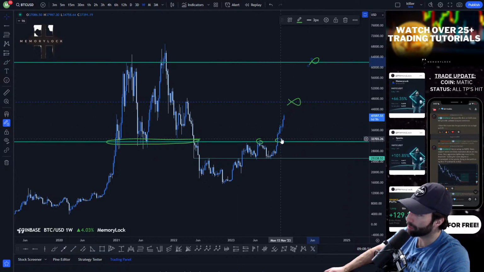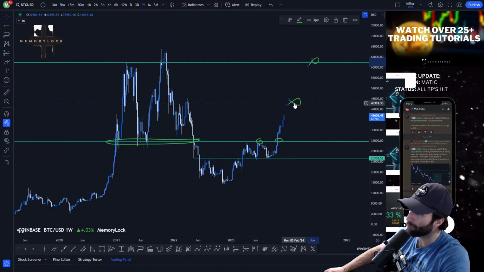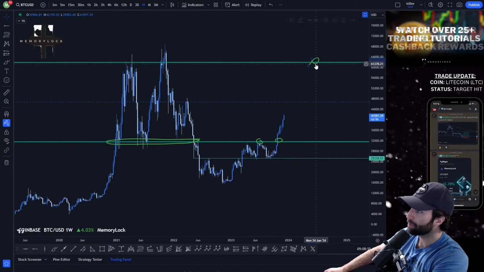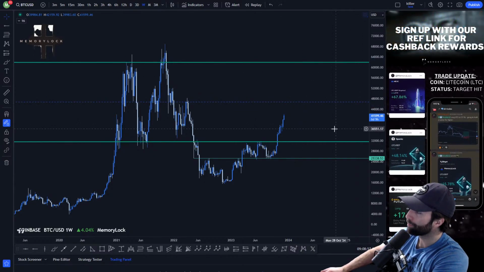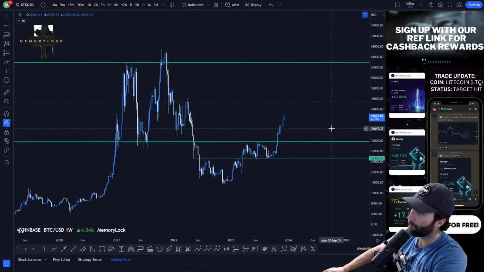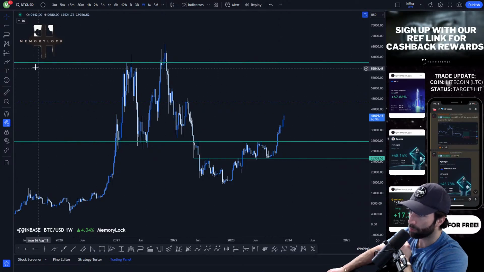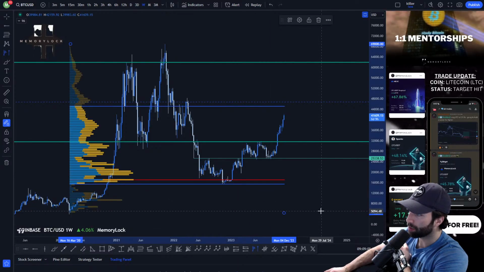So I had said, as long as we've gained acceptance back into here, there's really no reason we shouldn't see a move up to the midline. And we're really right about there. We're coming up on, in my opinion, a really key spot of resistance. And we're going to do a couple different things here and take a look at some